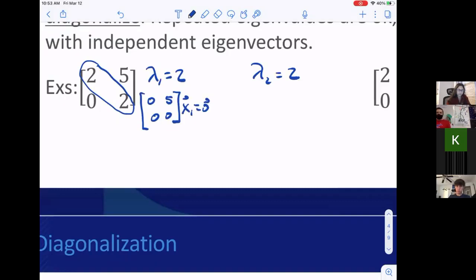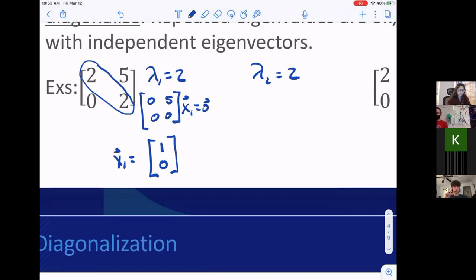So something times 0 plus something times 5 gives me 0. And then something times 0 plus something times 0 gives me 0. The second row doesn't really help, but in the first row, that first number can be anything. Right? I could take 1 times 0, but then that second number is going to have to be 0, because there's no multiple of 0 that I can add to a multiple of 5 unless that multiple of 5 is 0 times 5. It's going to give me 0, right? If I take 0 plus something times 5 equals 0, that second thing's going to have to be 0.